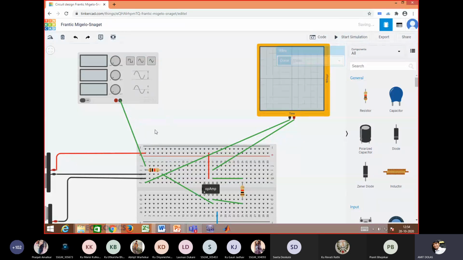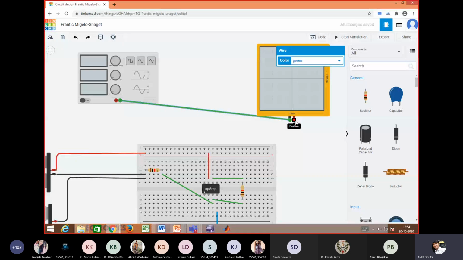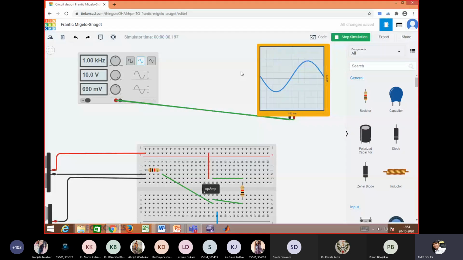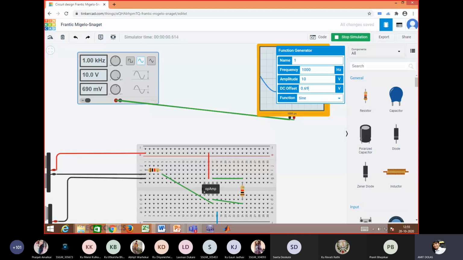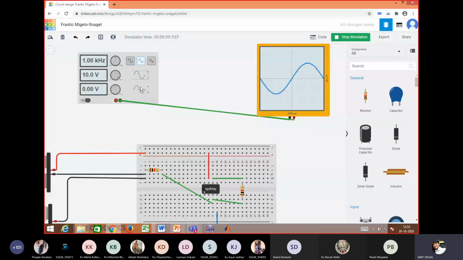So first of all, I'll connect the function generator and the DSO together and try to simulate it. I have a sinusoidal waveform with zero offset.